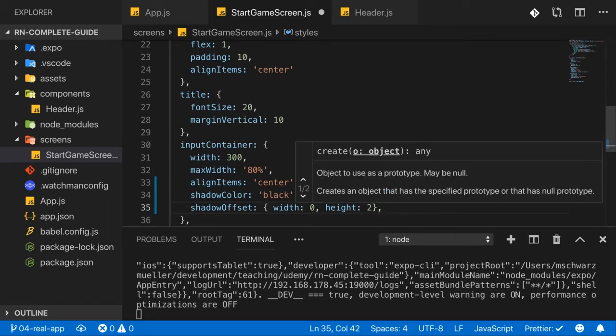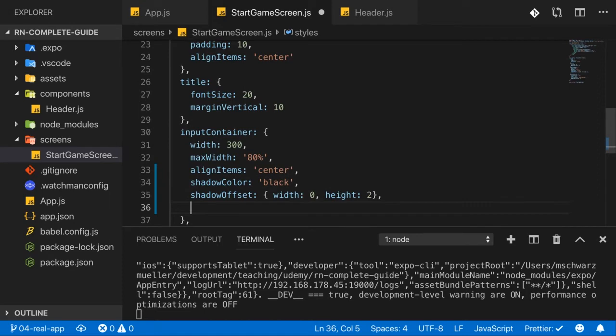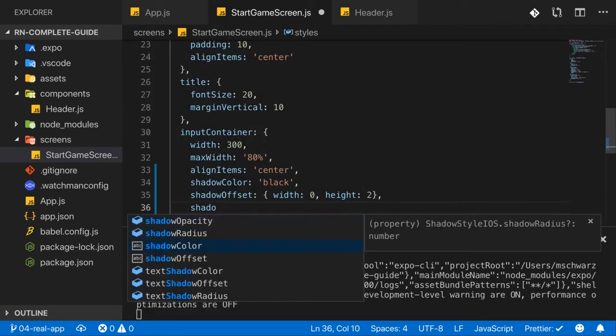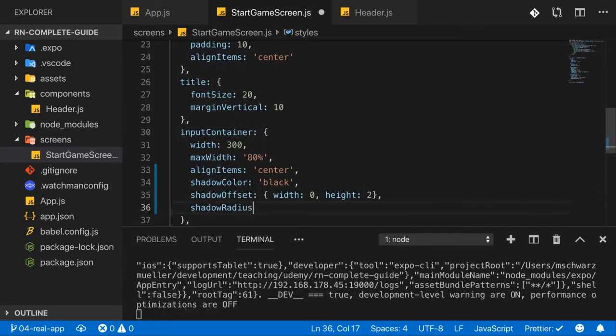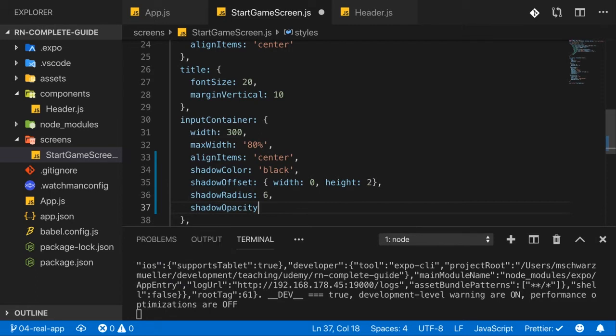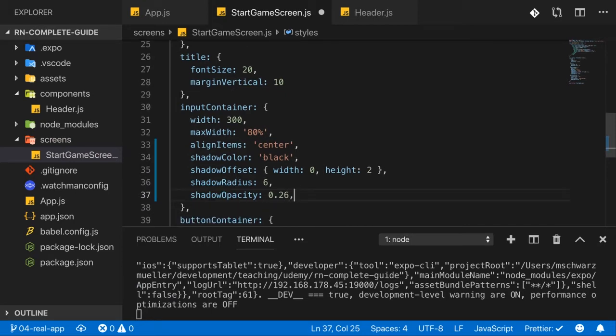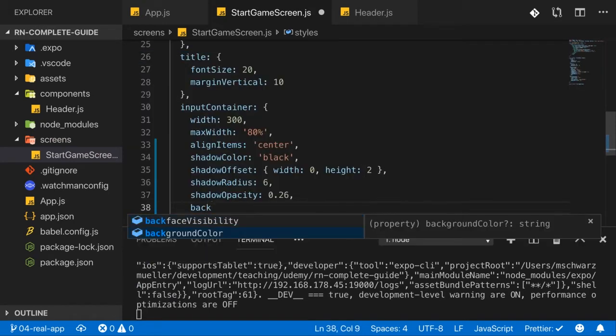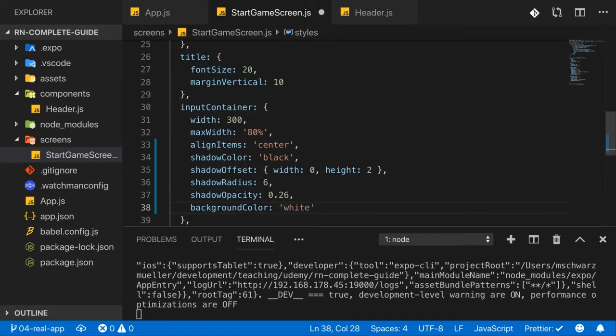Not so much to the right, so not at all to the right, actually. And I'll then also add a shadow radius, which is a number of, let's give 6 a try and see what that does. And last but not least, a shadow opacity of 0.26, which is relatively transparent, but which I think looks quite nice. In addition, I'll give my input container a background color of white to make sure that